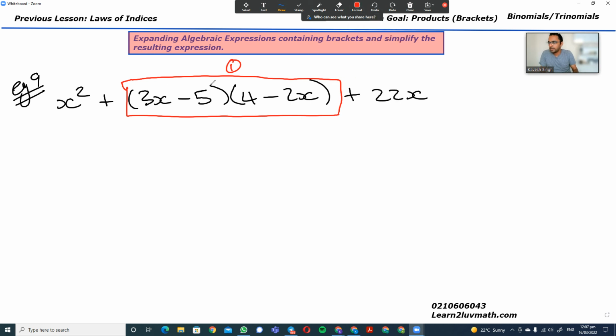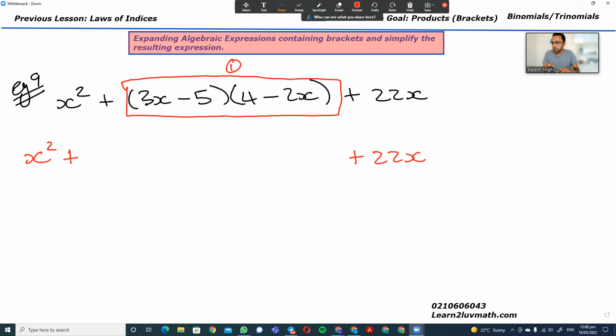So let's go ahead and do that first. I'm going to rewrite x squared because I'm not going to do anything with that. And I can rewrite 22x right now, or I can rewrite it at the end, but don't forget to rewrite it. So I'll just put it over here. Now I'm going to fit that expansion in between the two. Keep this sign as plus, and if this was a negative, that negative would play a part in the bracket